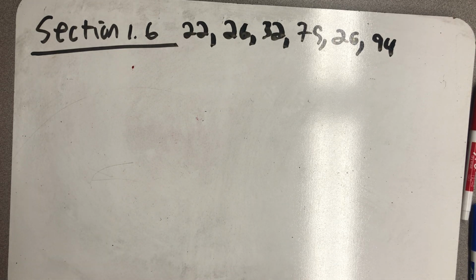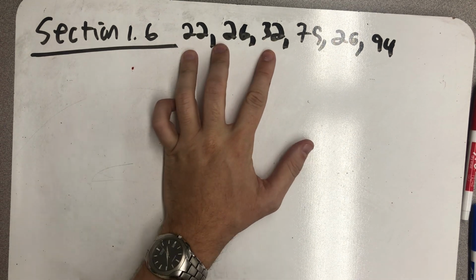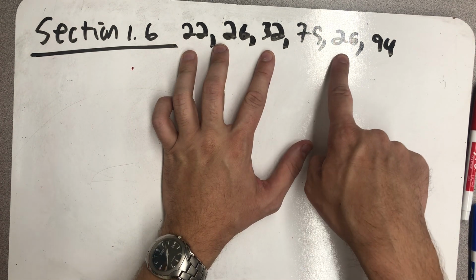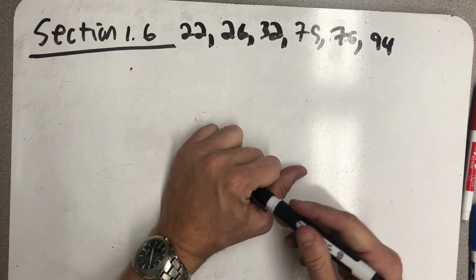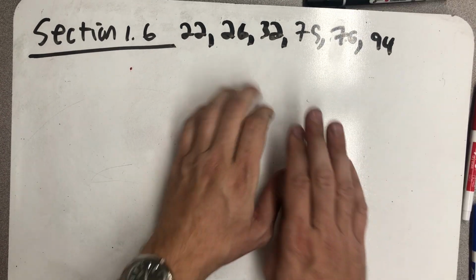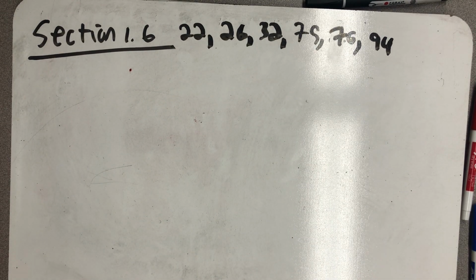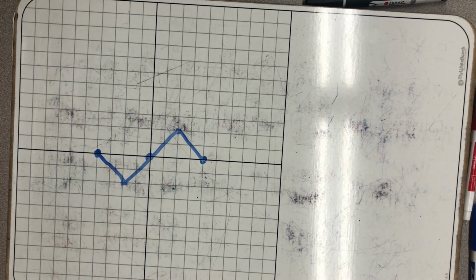One more video for the week 3 problems. These come out of section 1.6 on page 242. We're going to do problems 22, 26, and 32, which all make us shift the same graph around. Then we're going to do 75, 76, and 94. So starting off here with 22, 26, and 32, they all make us transform this graph, which